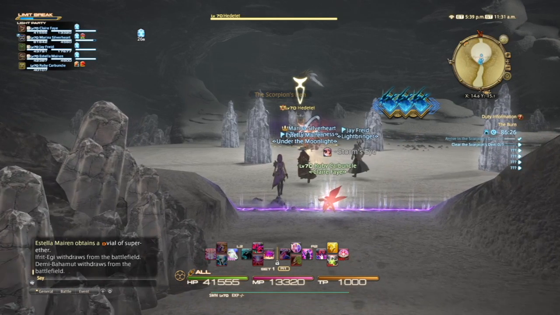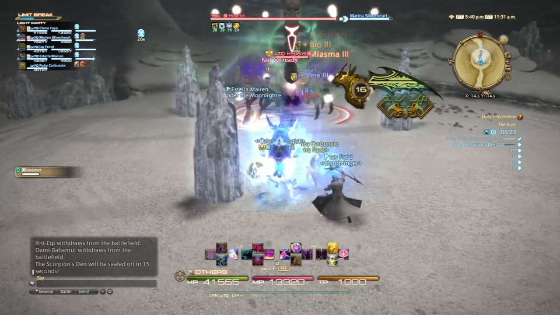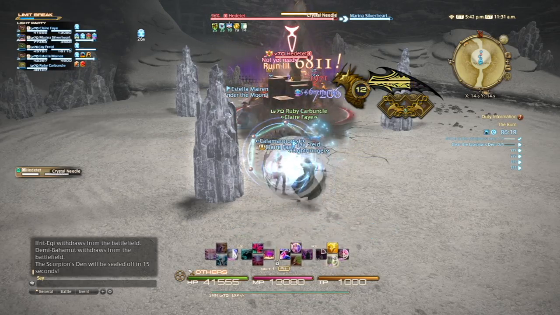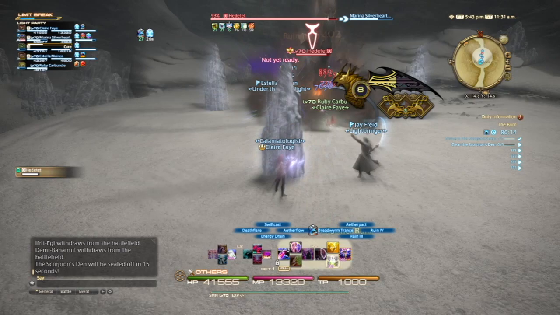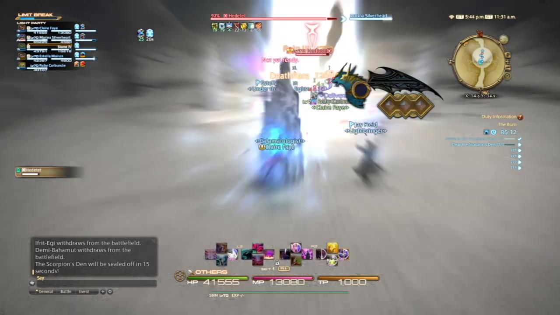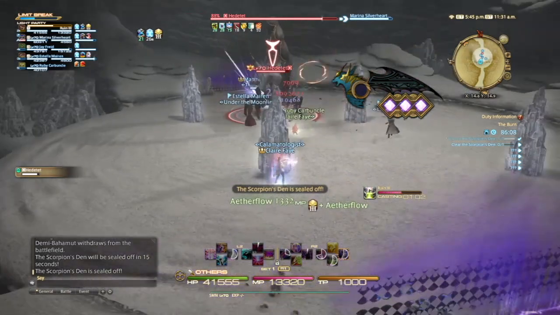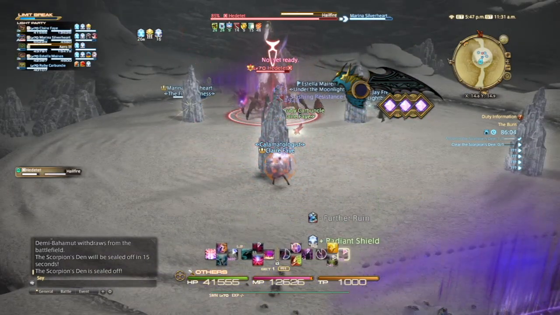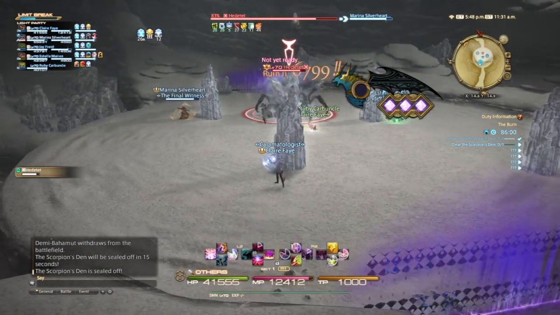Okay. Now we have to kind of fly by the seat of our pants, as it were, to figure out what the mechanics are. I'm guessing we hide behind these. So I'm just gonna stand behind here and hope for the best. Do I move or...